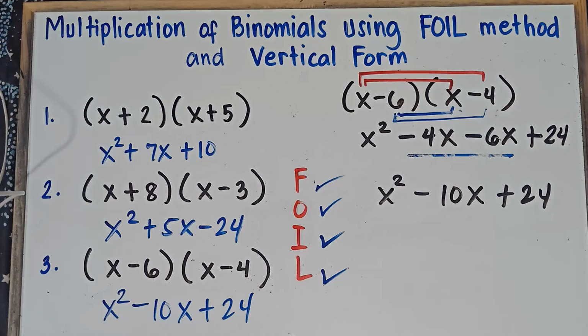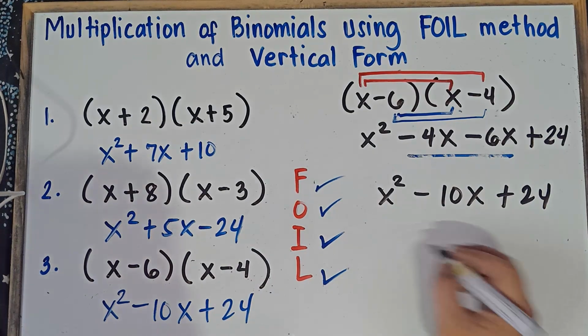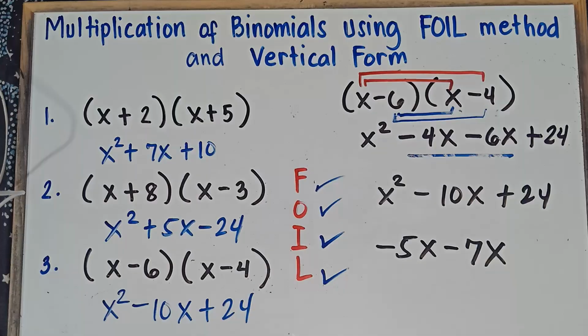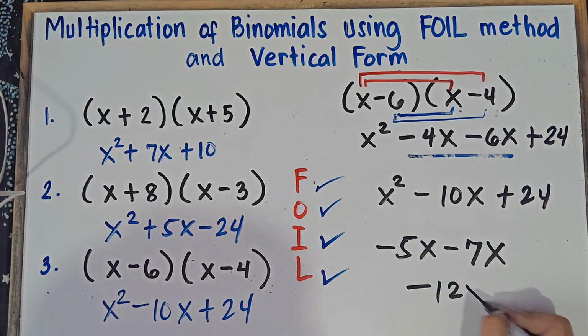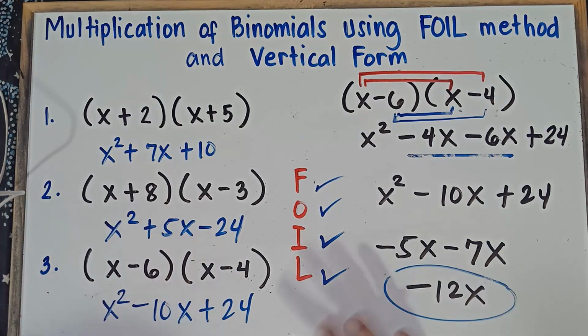Once again, class, I hope you're not confused with this one, both negatives. Another last example, if I will say negative 5x minus 7x, what would be your answer, class? That's correct. It should be negative 12x. Both negative, copy the negative sign, simply add the numbers. 5 plus 7, that would be 12, simply copy x. If you are given an example like this, do not be confused, class. Copy the sign and then simply add the numbers.